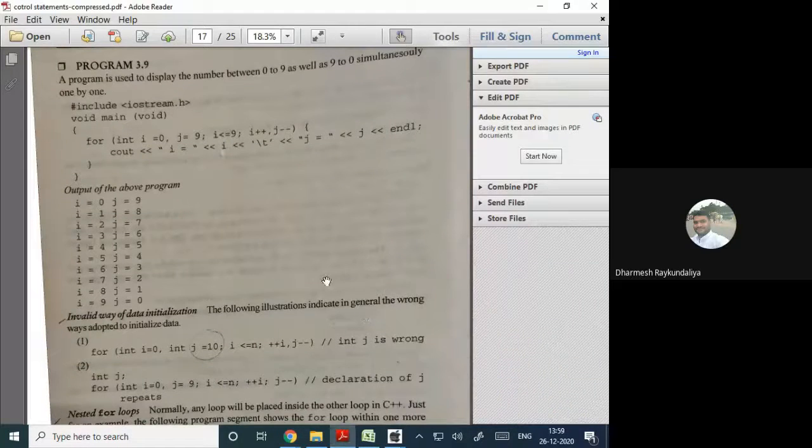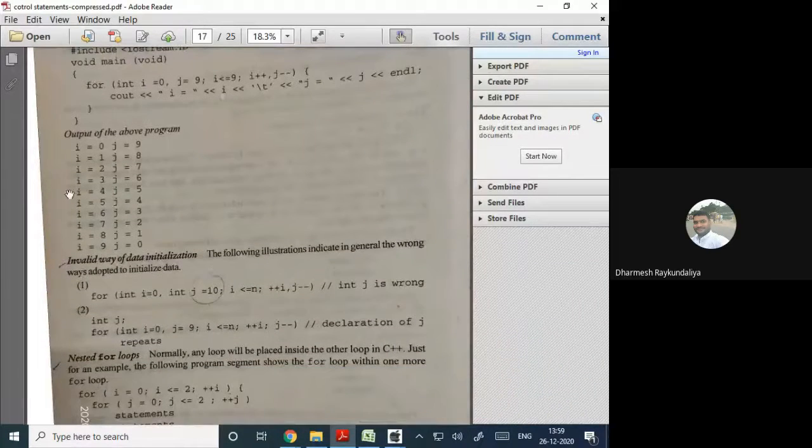Now some people can write it in this way. So this is an invalid way of data initialization. Why? Here I am writing for integer i equal to 0 and integer j equal to 10; i less than or equal to n; i plus plus and j minus minus. So there is no mistake over here, no mistake here, but there is a mistake here.